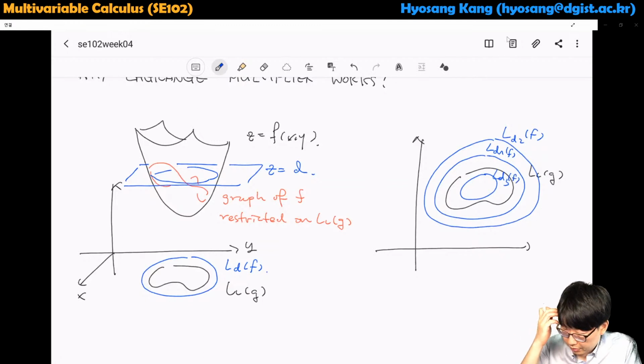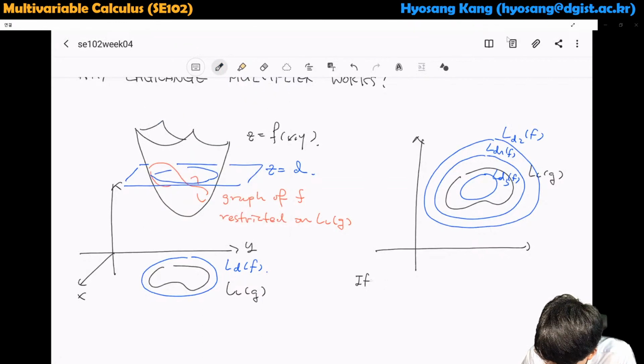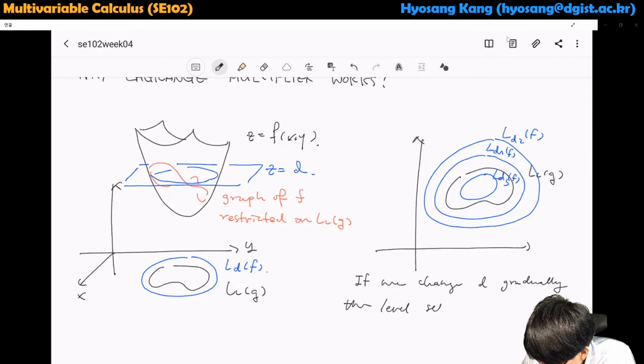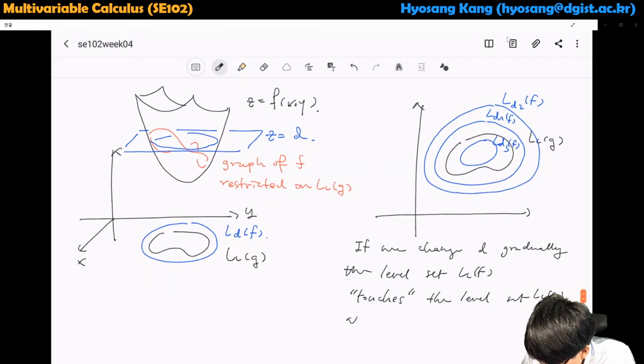So in this case, when I change my d to be smaller and smaller, I have smaller contour lines and smaller level sets. But at some point, if we change D gradually, the level set of F touches the level set of G at some point,